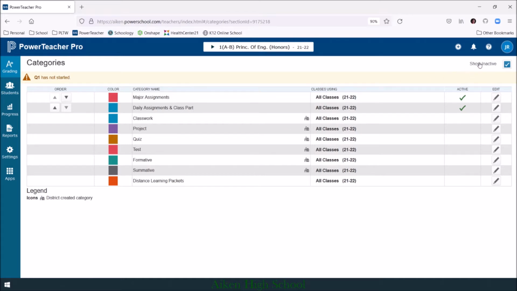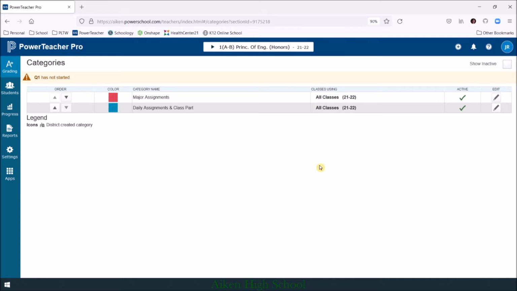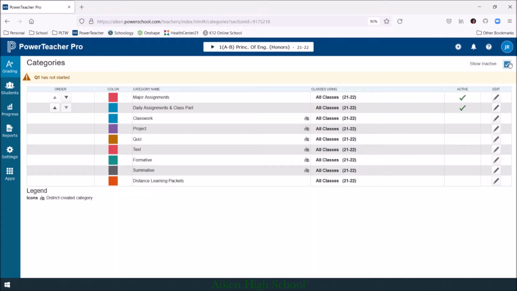You'll notice in the top right-hand corner right here that it says Show Inactive. I have checked that because I have made some of the categories that I'm not using inactive, so that when I uncheck this, I will see only the categories that I use for my class. So I'm going to show those again, but when you click on any one of these categories, for example, this is the distance learning packets category